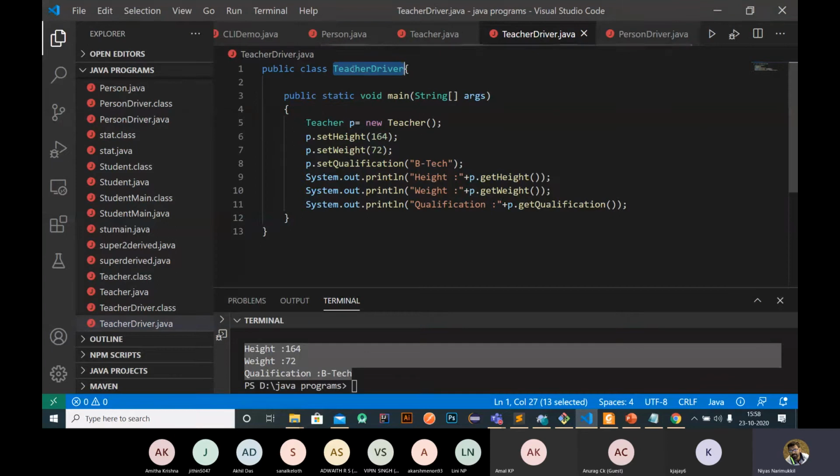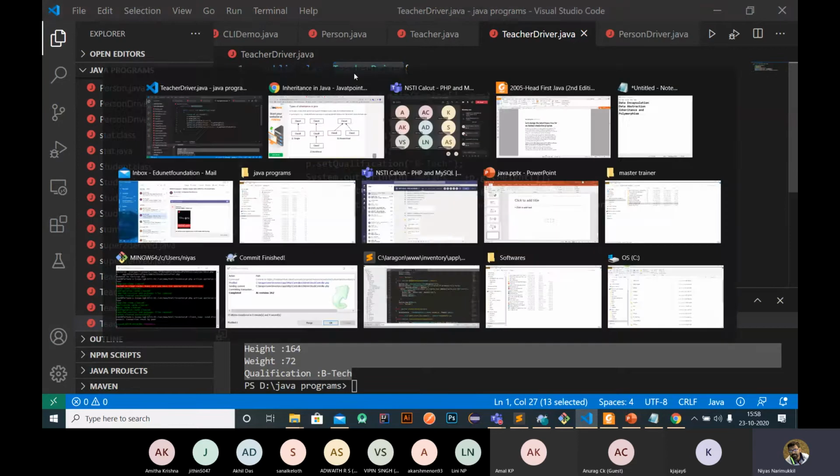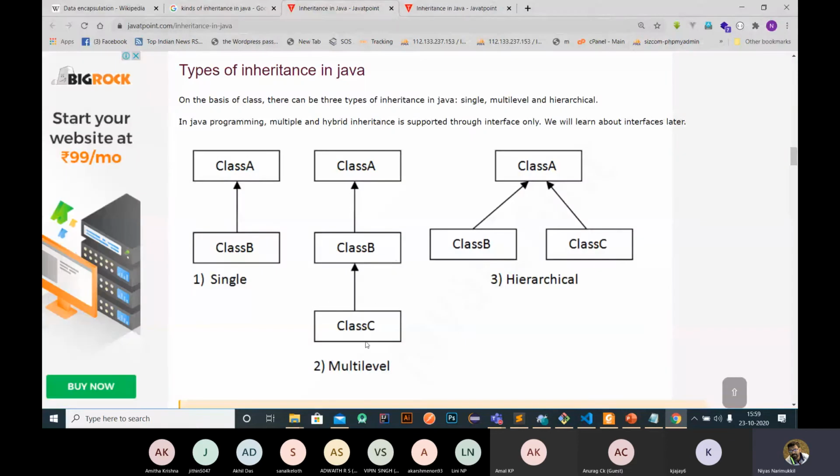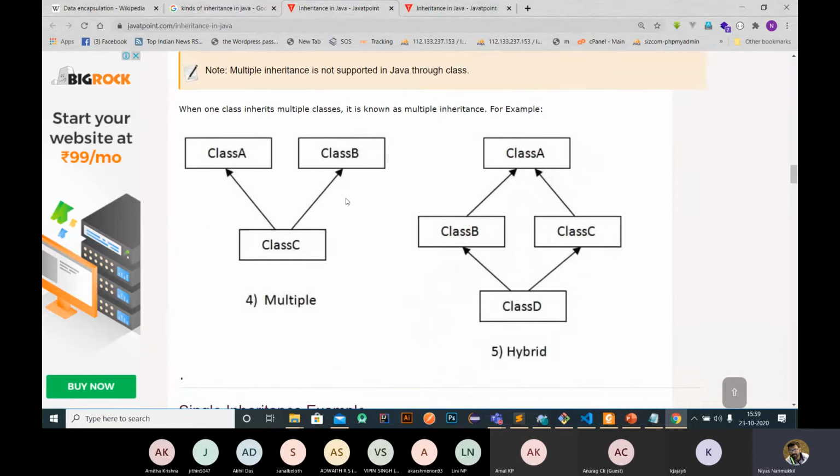If there is another class principal inheriting teacher, then it becomes multi-level. This is our person class, this is the teacher class, and this is the principal class. So multi-level can be done, and also hierarchical can be done. But in case of Java, multiple inheritance is not possible.